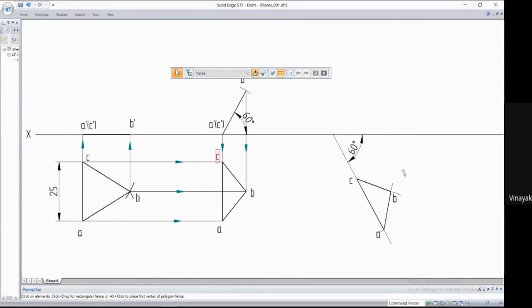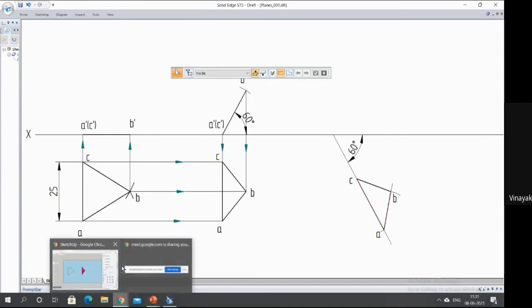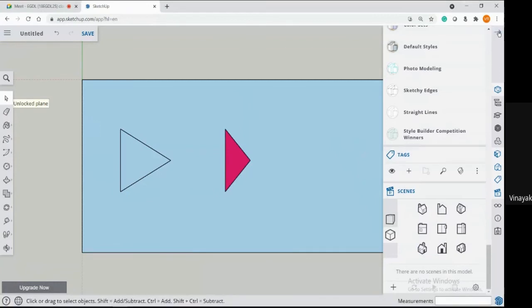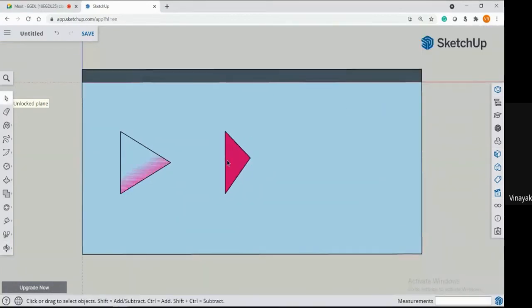You're just rotating this in such a way that this edge is inclined to the vertical plane at 60 degrees. So draw it, and let's see how to get it in Google SketchUp. Here it is like this. Just use the move command.